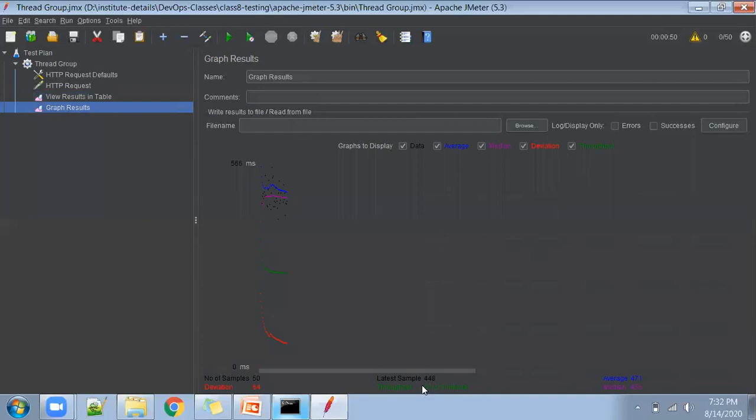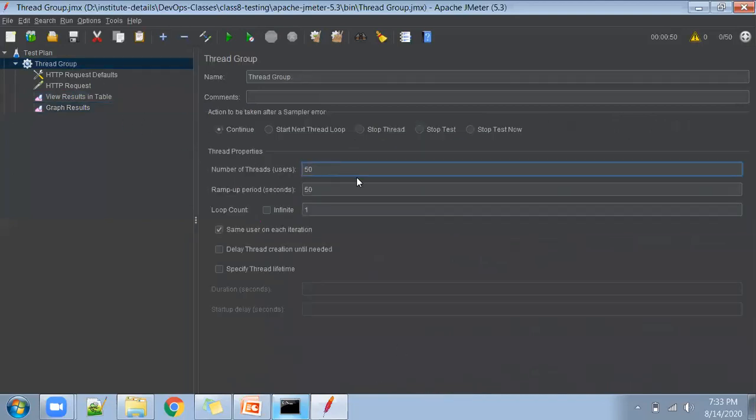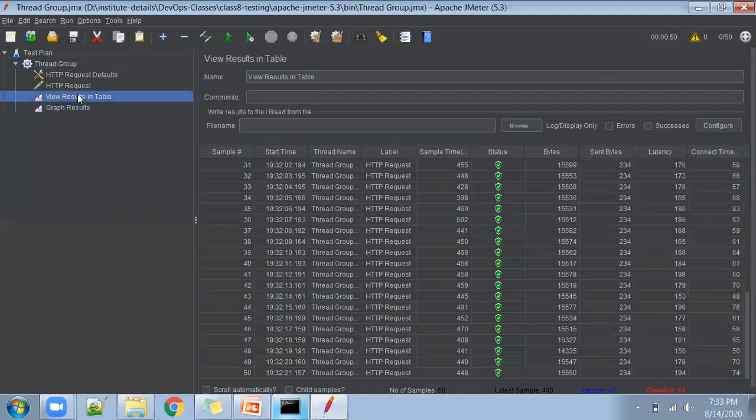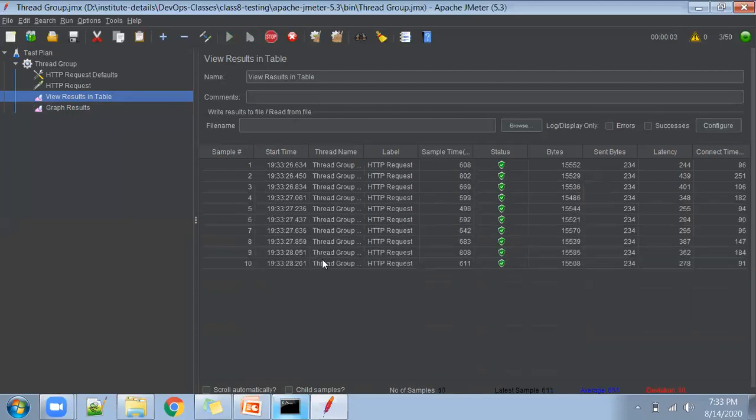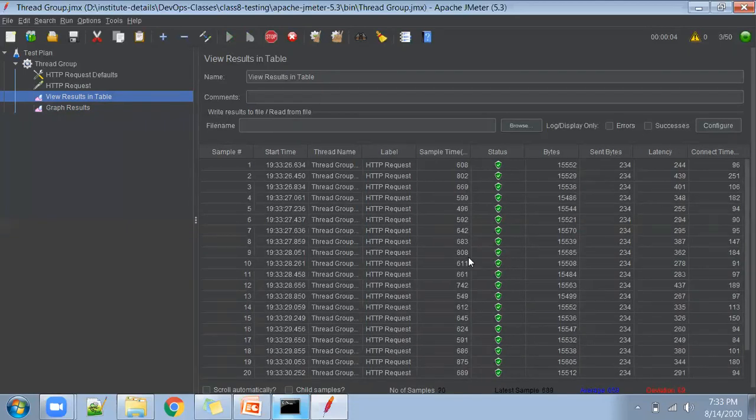Throughput is showing 61 requests per minute. It is showing this because with the input value of 50 users, we sent requests very slowly. If you put 10, then within 10 seconds all the 50 requests will be sent from our machine to Google. So I wanted to clear these results. Just click here, it will clear everything, and rerun the test. Now within 10 seconds, all the 50 requests will be sent.